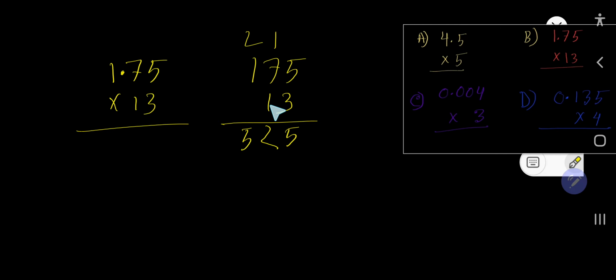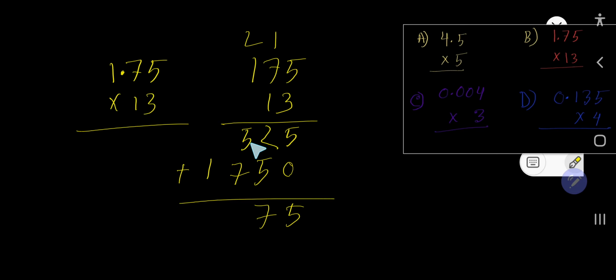Look, now you need to multiply by this digit 1, but the place of this 1 is the tens place, and this is the unit place, right? So since the 1 is in the tens place, the unit place will have 0. So 1 times 5, 5, 1 times 7, 7, 1 times 1, 1. Now add. 7 here is 7 hundreds, here 5 hundreds, so 12 hundreds. So write 2, carry over 1,